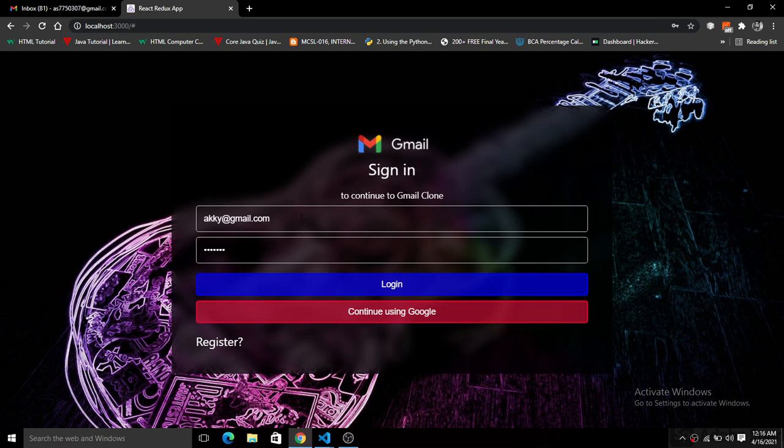Here we have two options. We have a registration, so we can simply register the user here, and next we have the sign in option. So we can simply sign in here. We are using the Firebase Google authentication feature. So from this button you can simply sign in using your Google account, or if you want to sign in through the email and the password, then you can simply sign in from this email and the password. So I'm going to simply register a user.